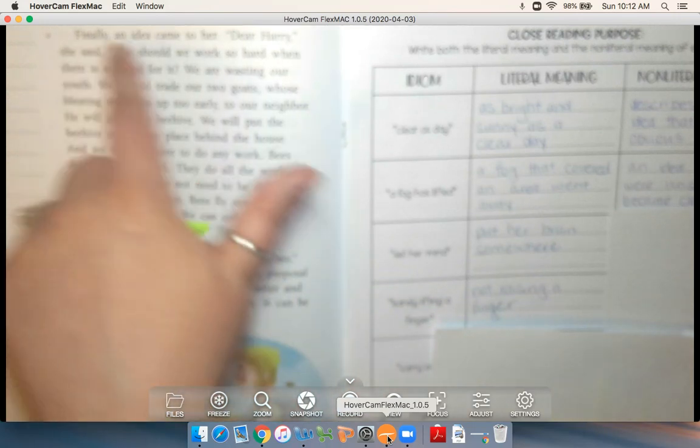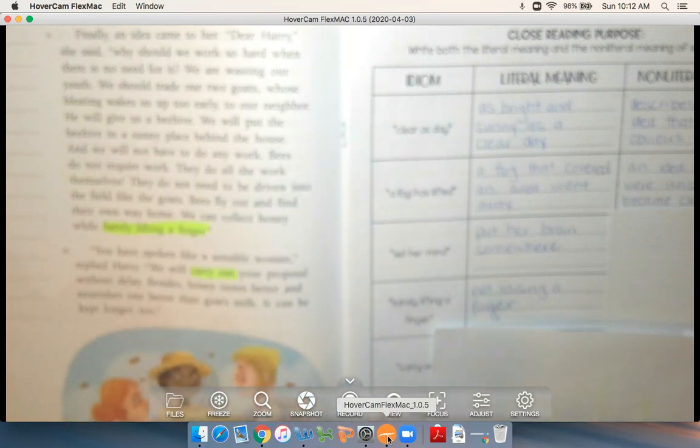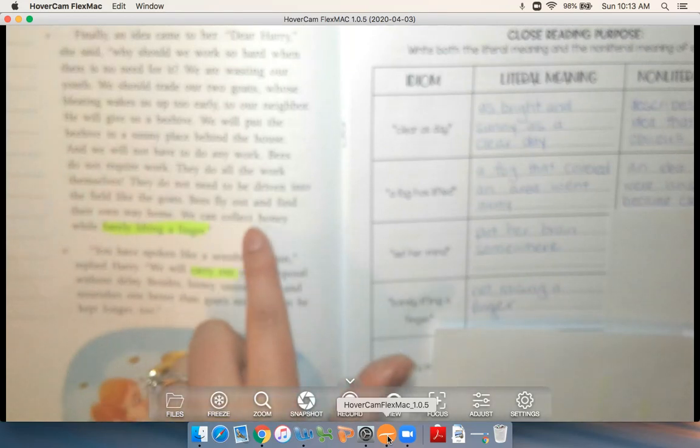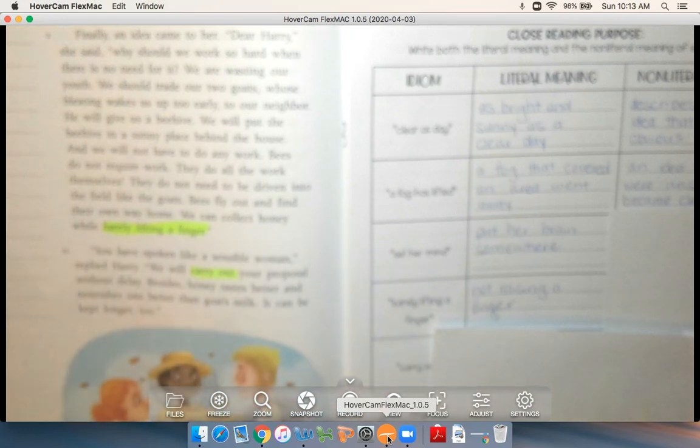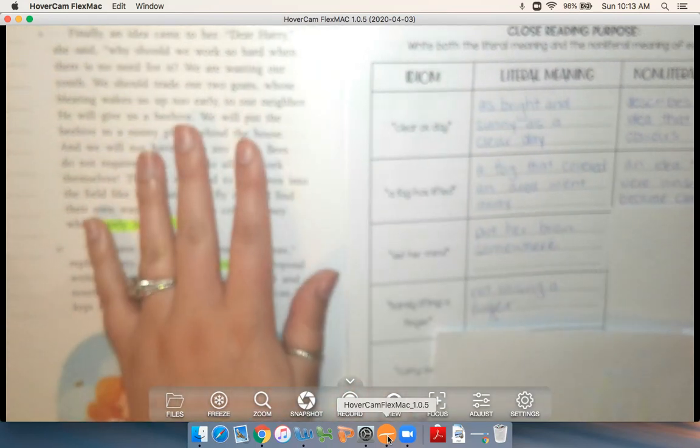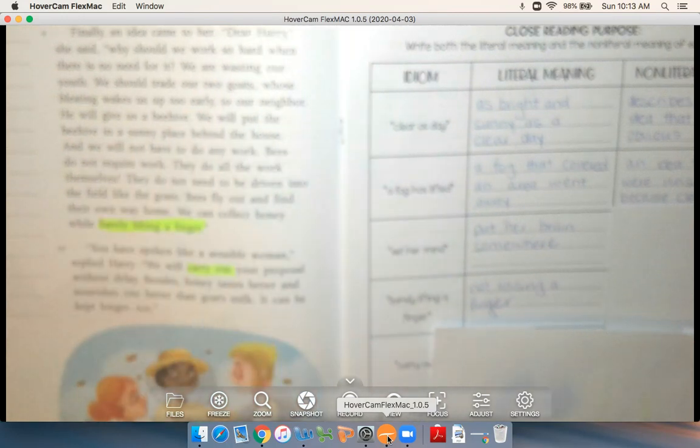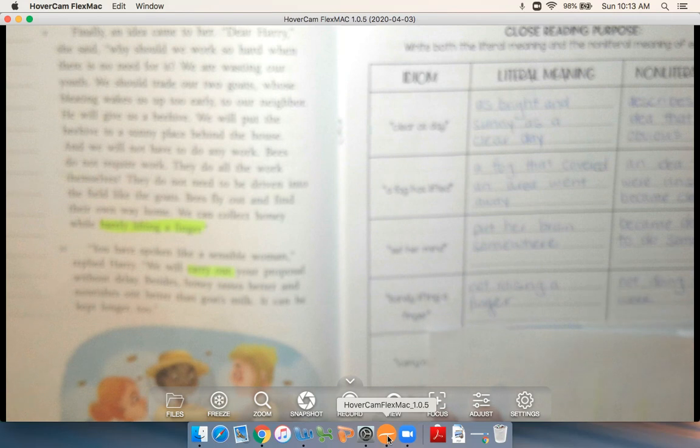So because you've already read this passage, you know that this is when Trina and Harry are talking about why they should work so hard when there's no need to. What could they do instead? And so they start talking about how they're going to earn money by keeping bees because bees do their own work for them. So they can collect the honey while barely lifting a finger. Now, do they mean that they're going to go outside and lift their fingers up? No. What they mean is they can collect the honey